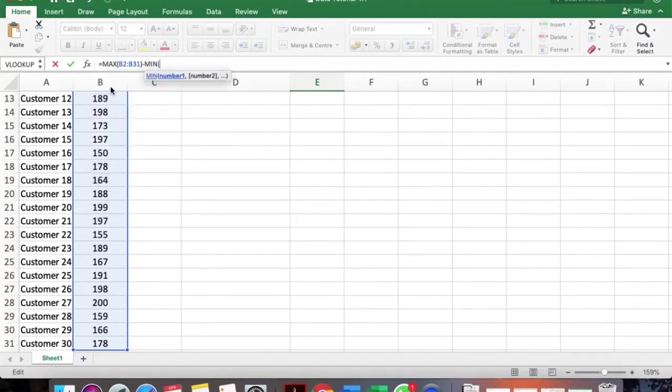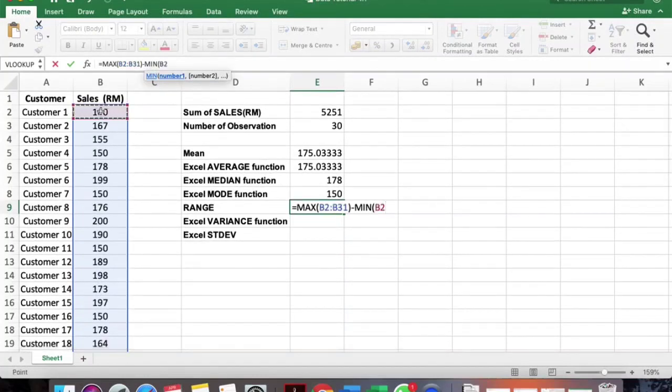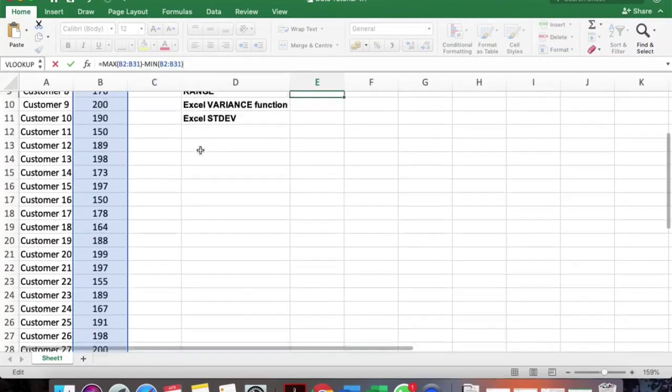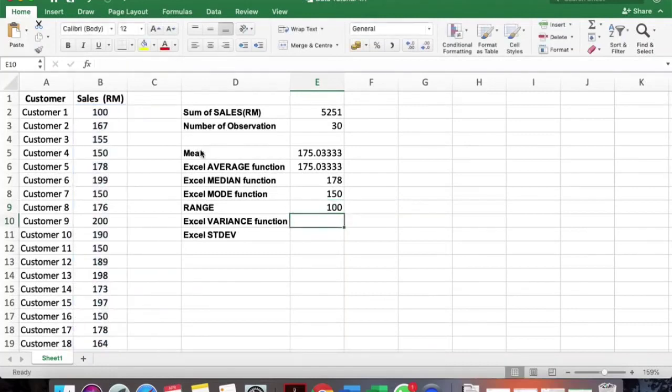Then next is the minus MIN, then open bracket, select the entire range, close the bracket and then enter. Now I get the range. Now the range comes out to be 100. Now we have to find the Excel variance function.